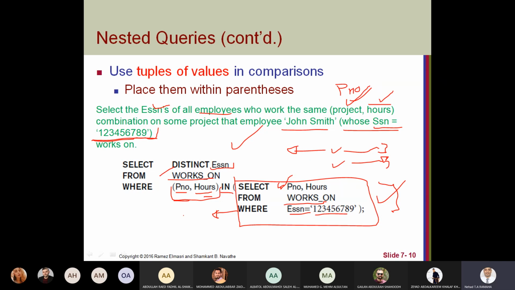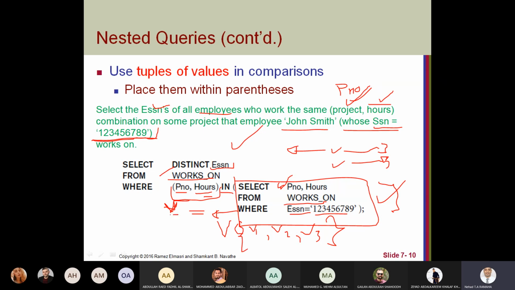So if this value equals one value from a set of values, V1, V2, V3, maybe more than one value from this select statement.